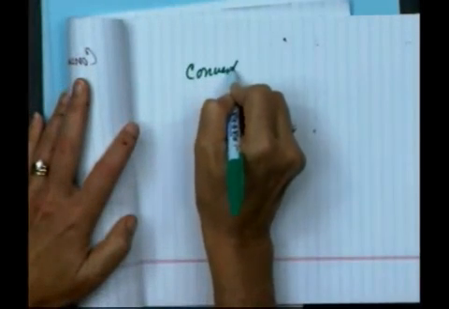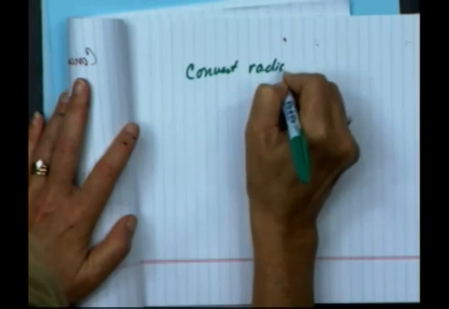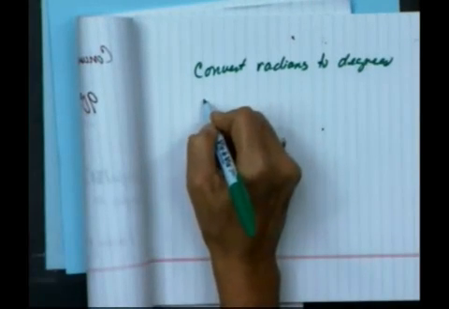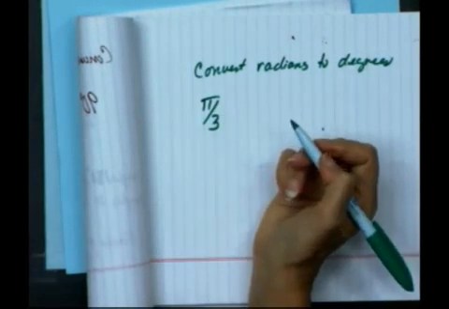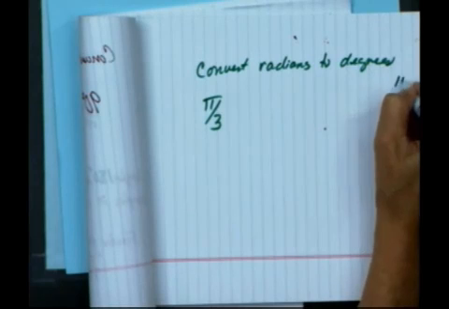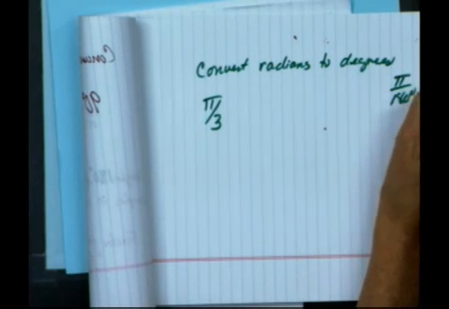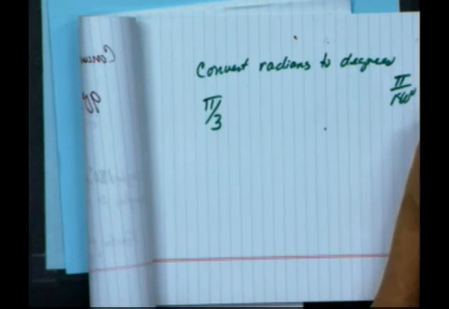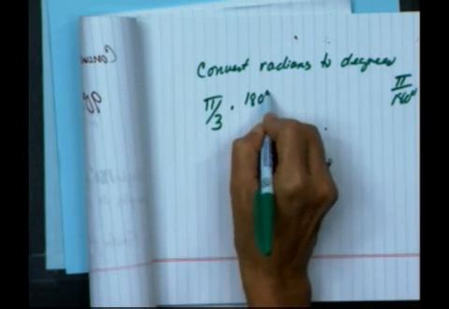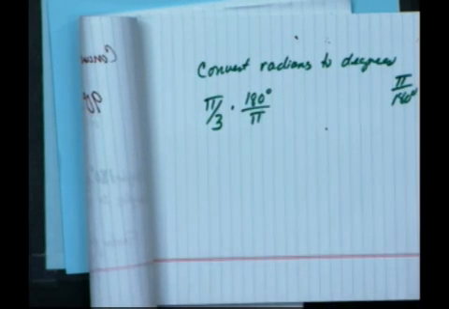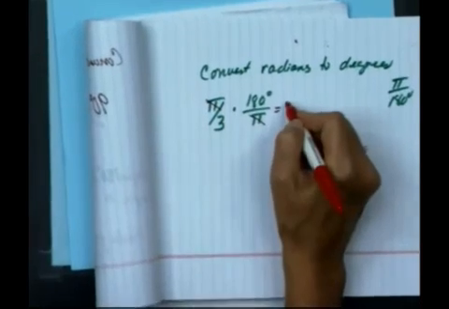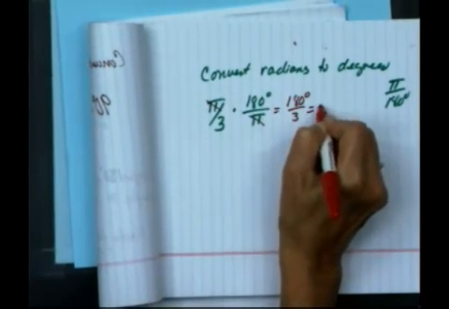Convert radians to degrees. For example, pi over 3. Pi over 3 is a radian measure, and we want to convert it to degrees. So we're going to use pi over 180 degrees or 180 degrees over pi, because I need to get degrees in my answer. We want to multiply this times 180 degrees over pi, because we want degrees in there. In this case, the pi's divide out, and we get 180 degrees divided by 3,